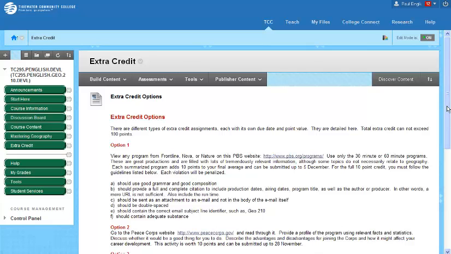So now what we've done, we've gone through the announcements button. We've gone through announcements, start here, the course information, the discussion board, the course content, where most of the content would be, the Mastering Geography, and then the Extra Credit. These other buttons down here are self-explanatory. And so this is the way you'll proceed throughout the whole semester. If I have made a mistake, sometimes when we switch from one semester to another, it's hard to keep the dates, making sure you get the dates right. So if I've made a mistake, please let me know, and I'll try to correct it.